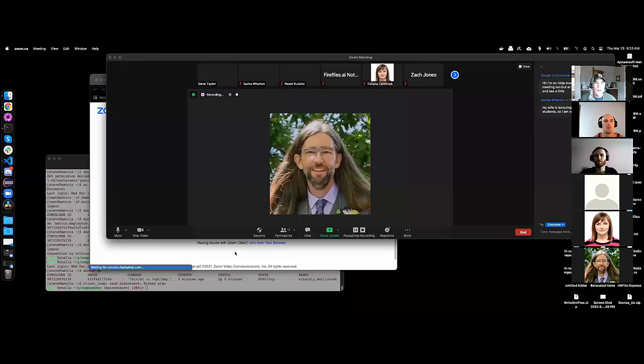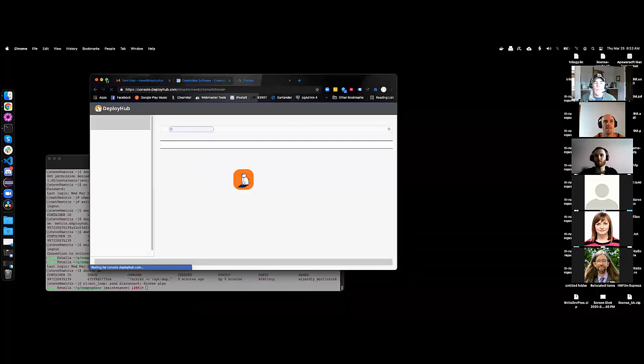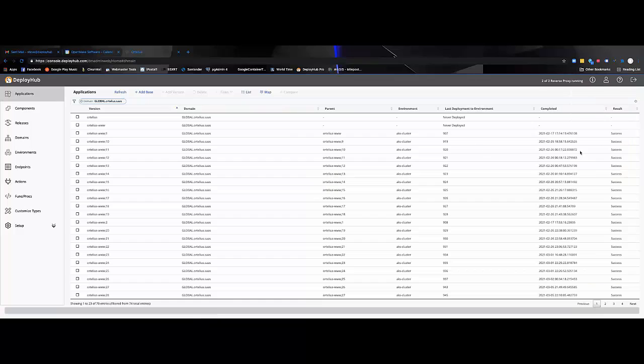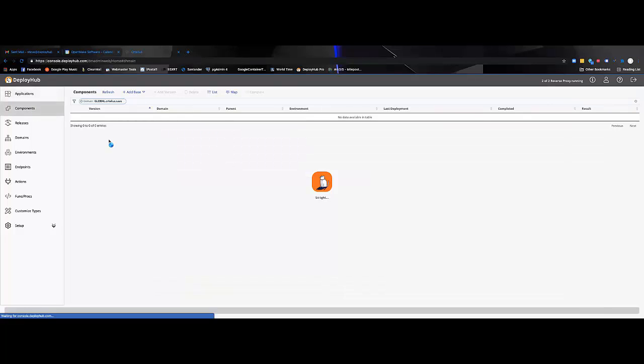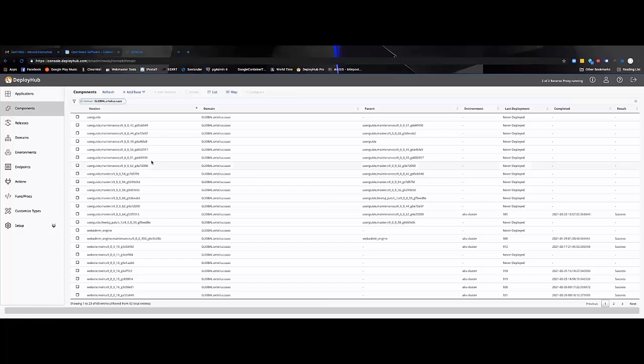If I can find that. All right. So when we think about the CI/CD process and what we're trying to achieve, it is the capturing of new components when they're being created. So one of the things that I have here is I brought up the Ortelius user account on the SaaS